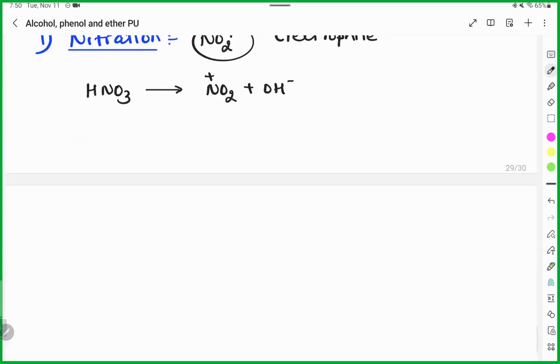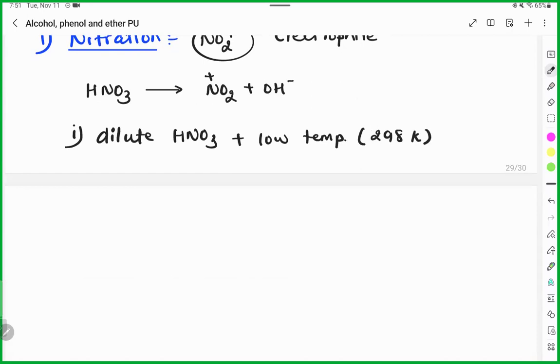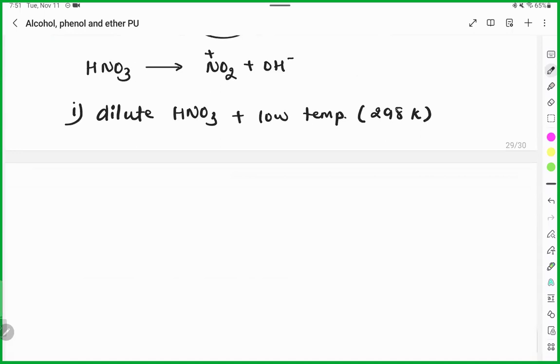To avoid this, first, take dilute HNO3 plus low temperature, 25 degrees Celsius, room temperature, 298 K. Then it will give you only one product,